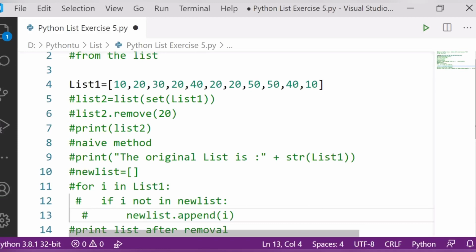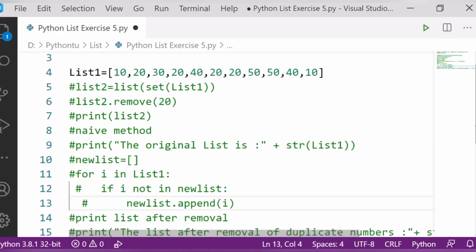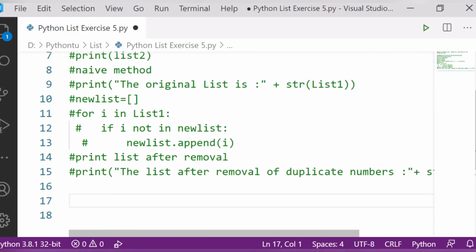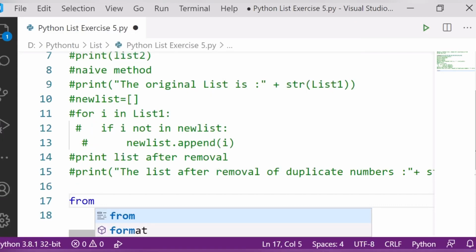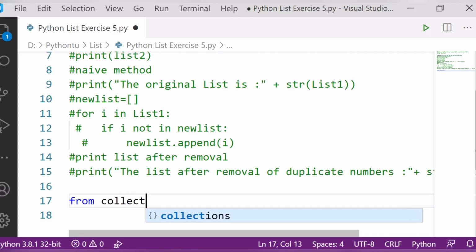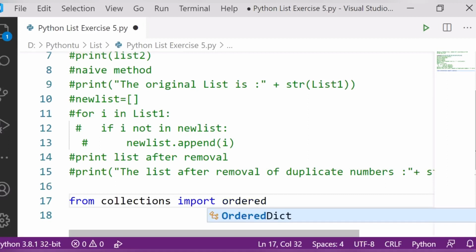So here I will write down from collections import OrderedDict.